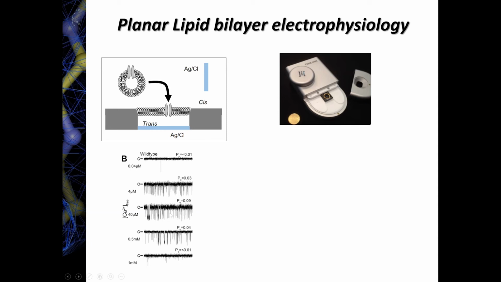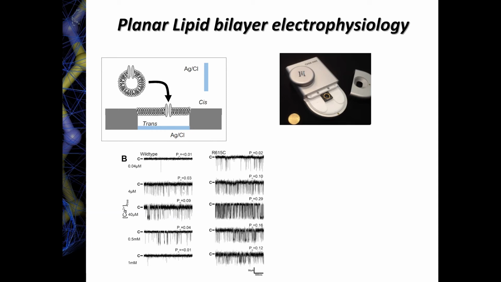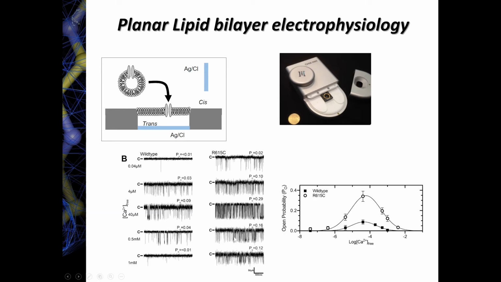Now the precise numbers don't matter here. What really matters is when you compare wild type and disease mutant. So on the right, you see the similar conditions used for the R615C, so that disease mutant big RyR1. You can see that at every calcium concentration tested, clearly the open probability is substantially higher. And so you can also plot this, and you can see here the trace for the wild type in black, and the mutant clearly has increased opening. So this is a typical gain of function mutation, which is entirely what was described before and expected for either malignant hyperthermia or porcine stress syndrome. Okay, so that's the characterization initially.